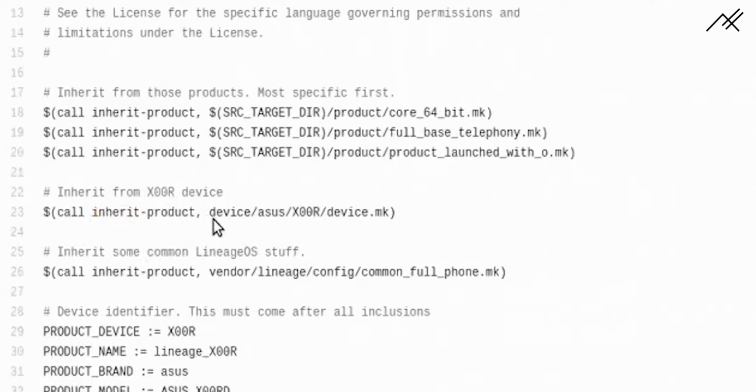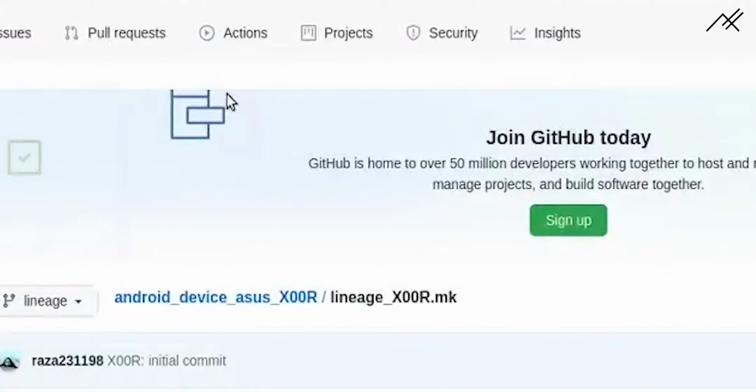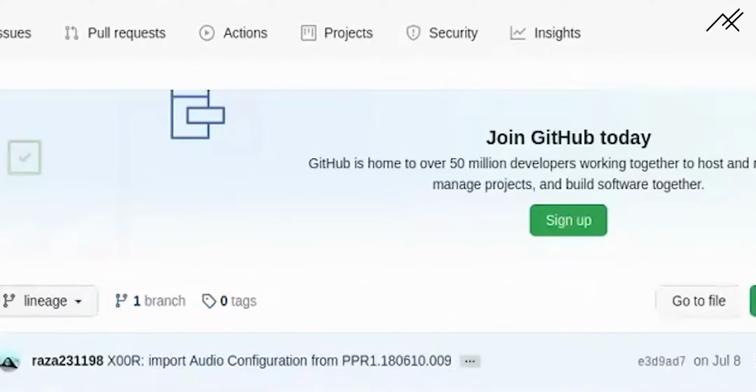So device ASUS XOR and device.mk. This device.mk will be inside this folder, so the device tree also should be inside the XOR folder. You need to check this file, the os underscore device name.mk file. I need to place that inside